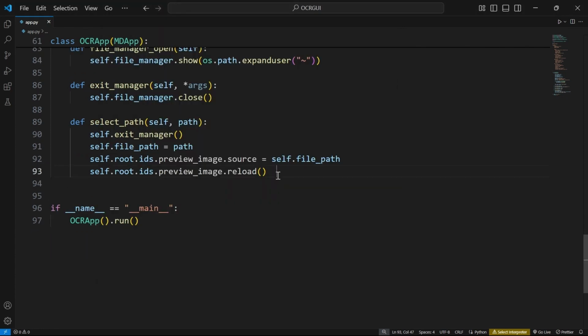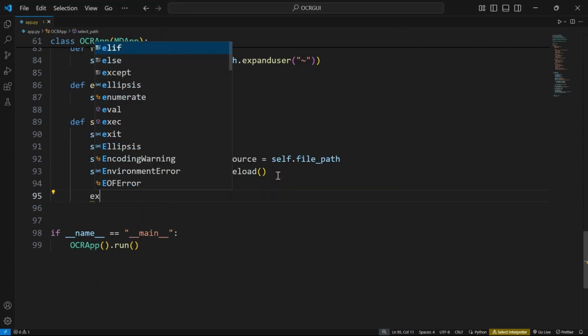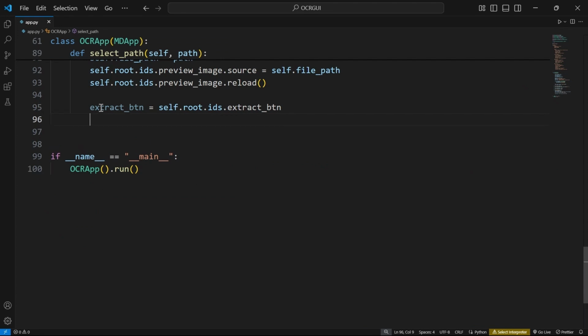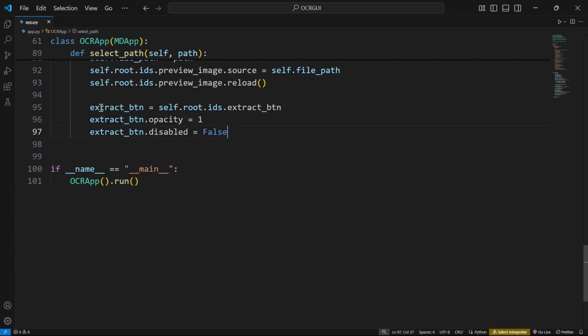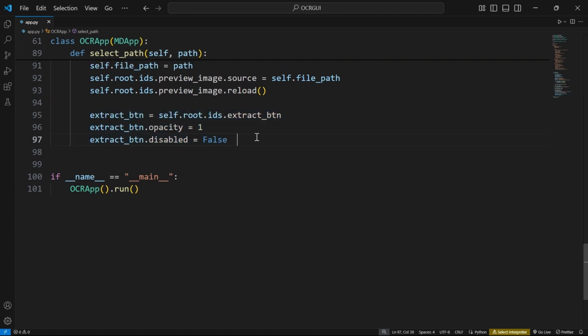Okay, so at least this works. Before you would extract, you need to know how the picture looks or how the text you want to extract looks. The extract button will be equal to self.root.id.extract_button. So that button is here. We are previewing it because by default it doesn't show. Now we want to make sure that it is not disabled anymore,